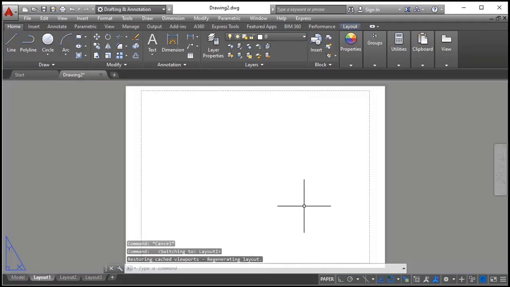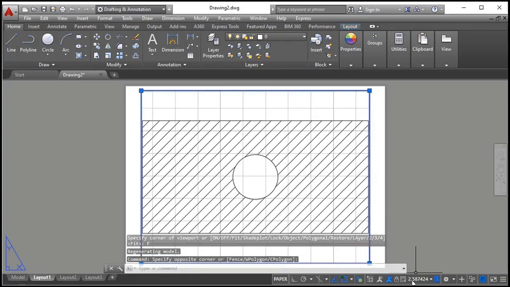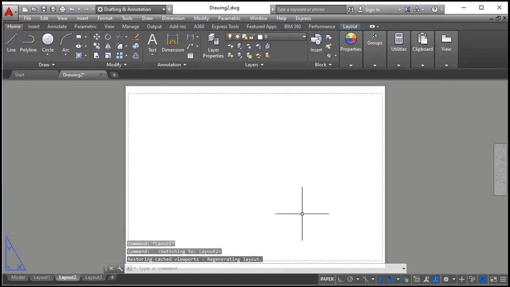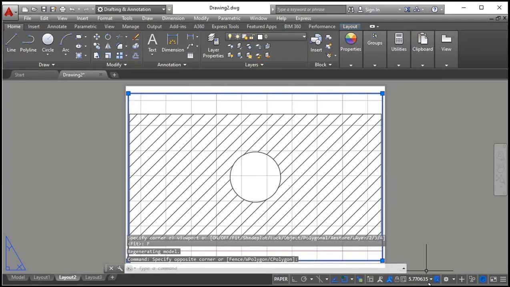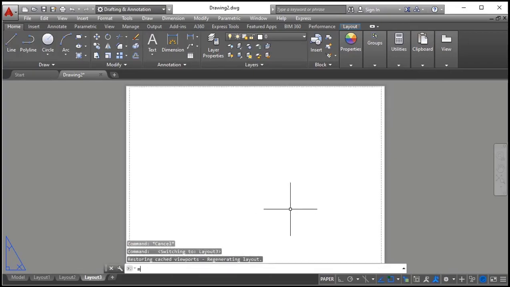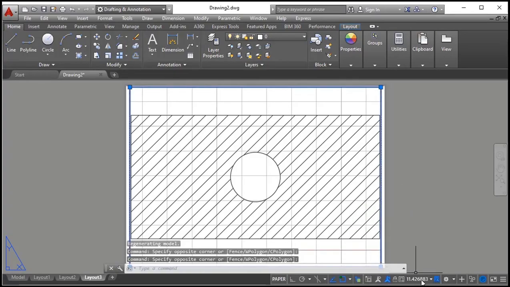Simply in the layout, I am just creating the viewport, MV, enter, fit, and select the viewport, assign the scale. This is viewport scale, 1:1. Not annotated scale, this is viewport scale. And the layout also same, MV, enter, fit, select this 1:1, and viewport 3, MV fit this one, 1:1.